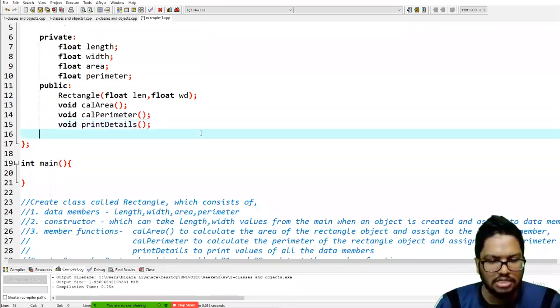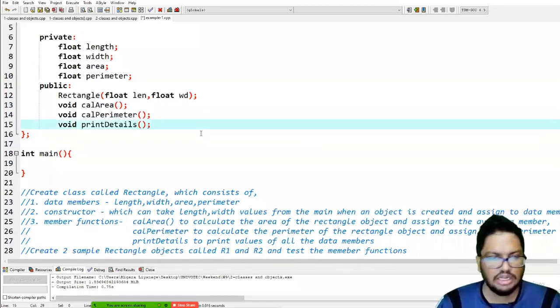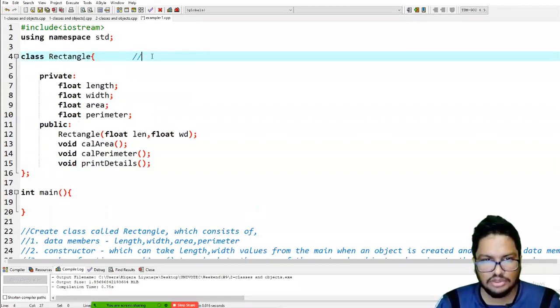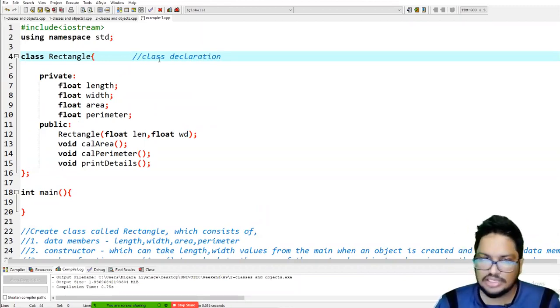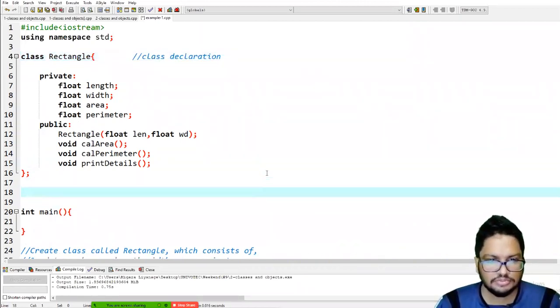Okay, so this is the class declaration. So the class is declared here, then the class definition.